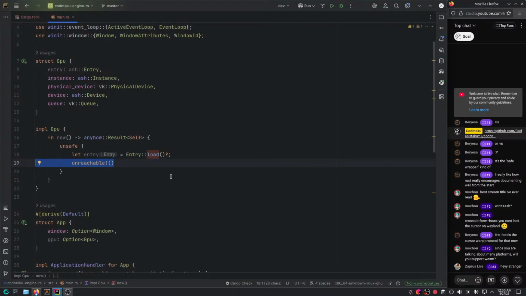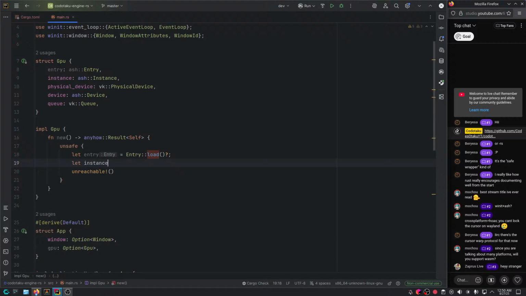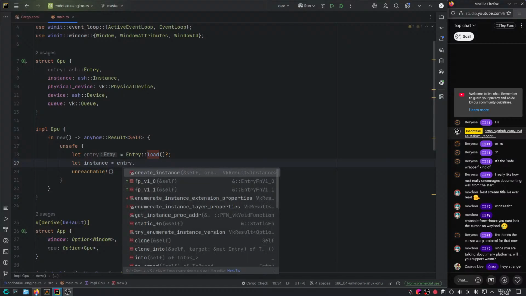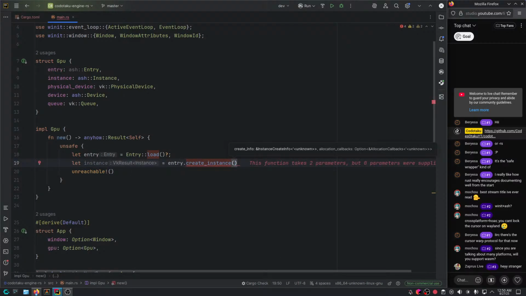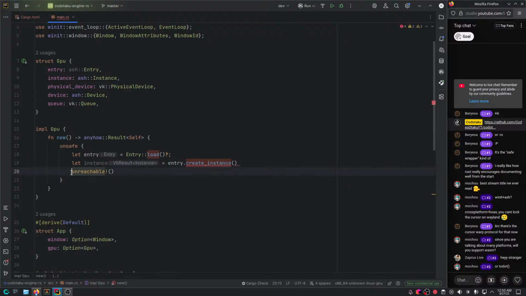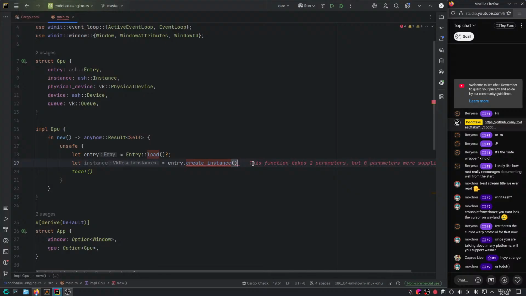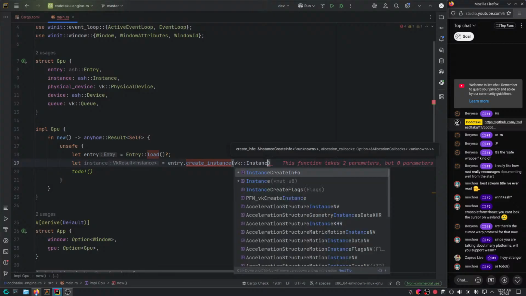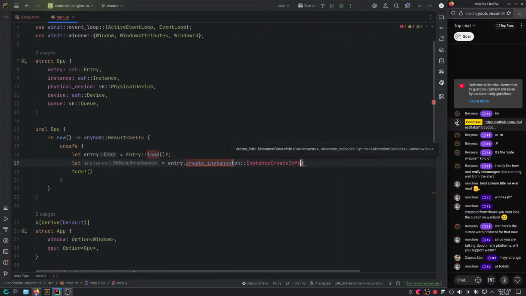Next up, we need an instance. So let's make an instance. Do I like create instance? Yep. And then here, todo. Yeah, unreachable or todo. Let's go with todo. And here, create instance. So vk InstanceCreateInfo, right?